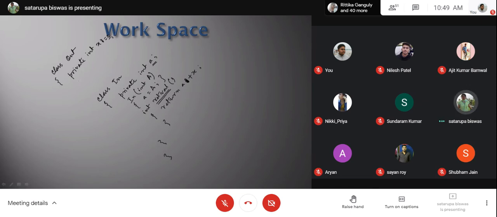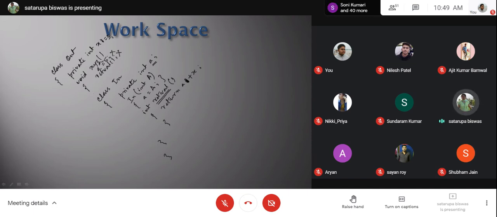But if we try to access this red val here, sorry, the A here, this cannot be done because A is a private property of this in class. Now, if you want to call this red val, that also cannot be done because the red val is also a non-private property but directly cannot be accessed by the outer class.